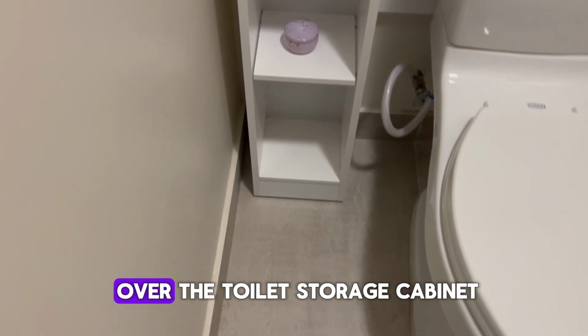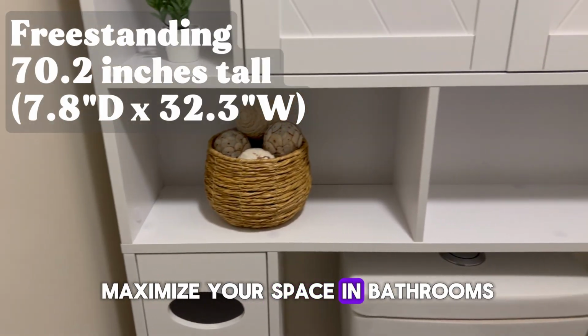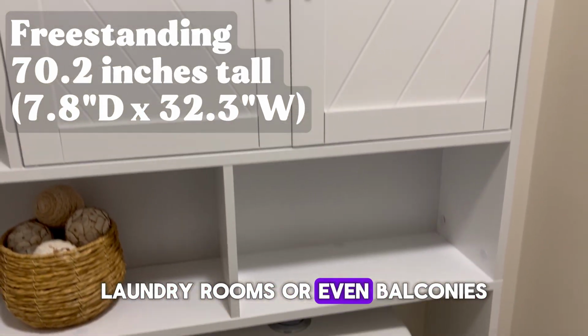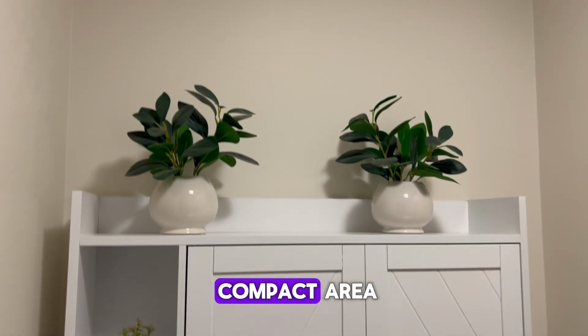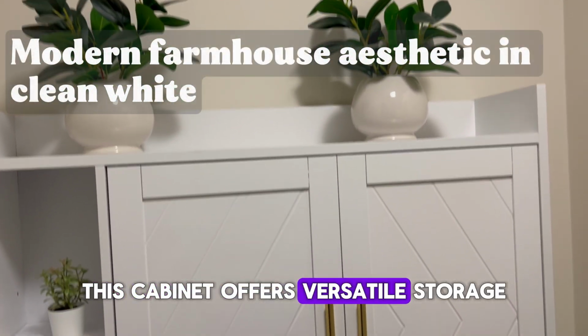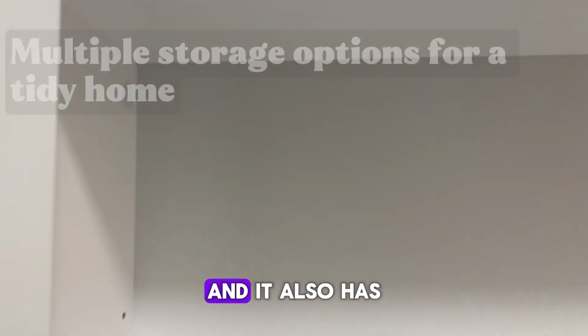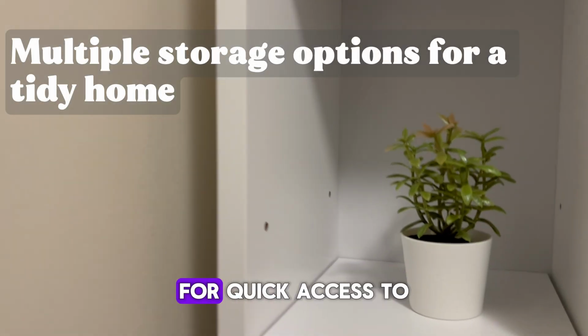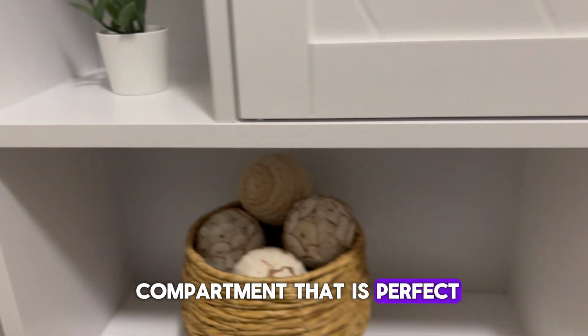Meet this really nice over-the-toilet storage cabinet that is designed to maximize your space in bedrooms, laundry rooms, or even balconies. It's stylish, practical, and it's perfect for any compact area. This cabinet offers versatile storage with two barn-style doors for placing items like towels and toilet paper, and it also has some open shelves for quick access to daily essentials and a vertical side compartment that is perfect for holding